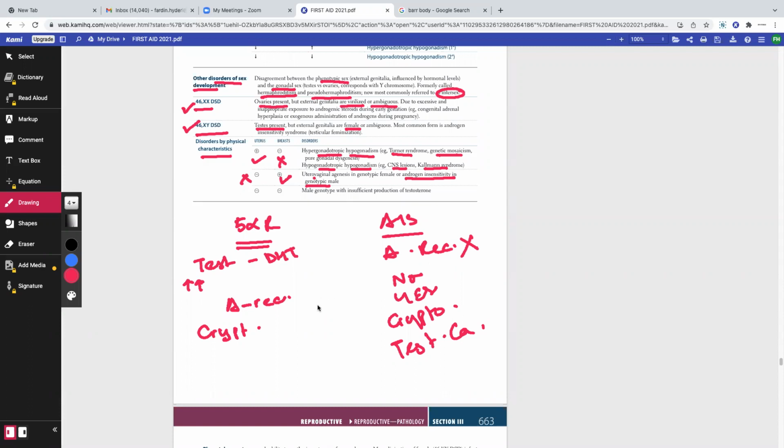Okay, let's move on to Dr. Ethar very quickly. If you have a female patient, Dr. Ethar, who comes to your clinic with primary amenorrhea, and you see that this patient has no internal female reproductive organ, no uterus, no ovaries, no proximal vagina. I mean, no uterus and no proximal vagina, but ovaries are there. What is your diagnosis, Dr. Ethar? The ovaries are there. I think she's androgen insensitivity.